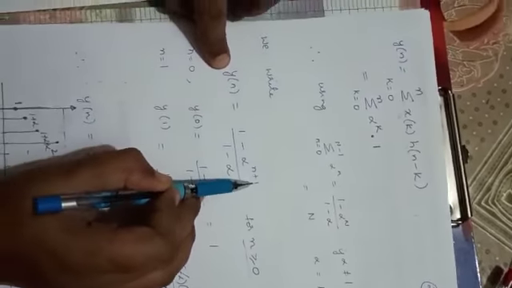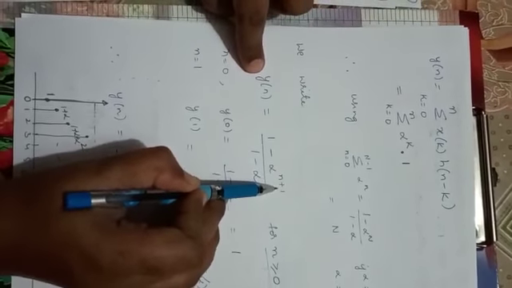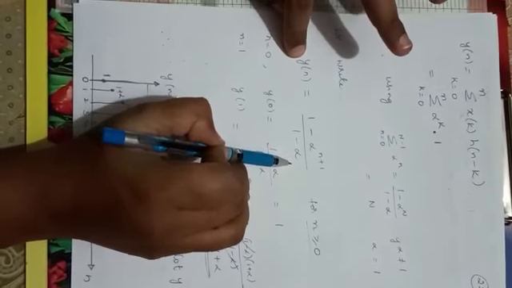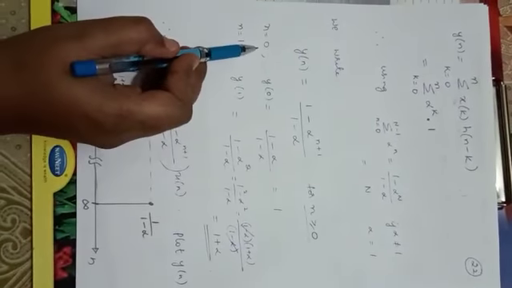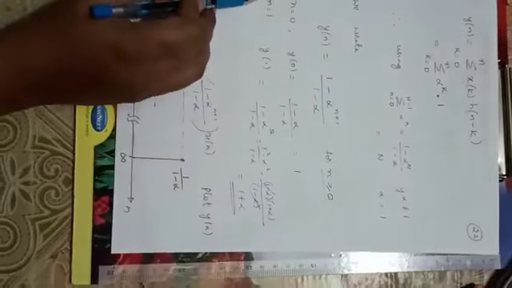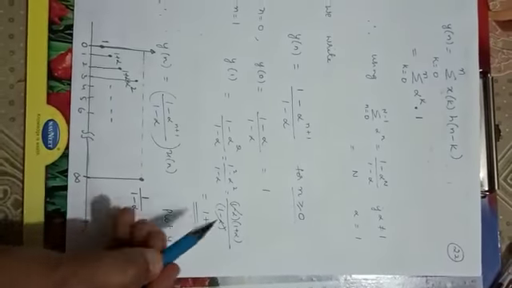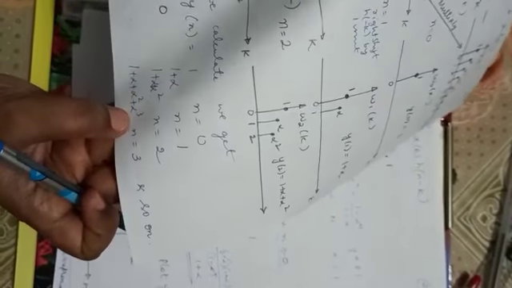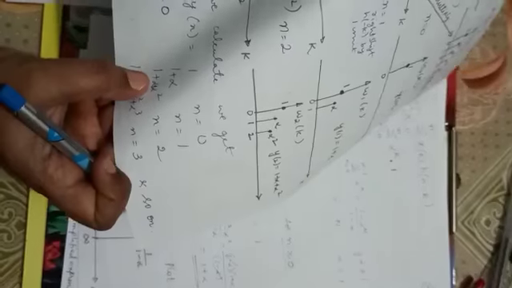I hope now you got it. While discussing the problem I told you, this value is nothing but n plus 1, divided by 1 minus alpha. So if you apply n equals 0, you get 1. If you apply n equals 1, you get 1 plus alpha. Similarly, if you write n equals 2, you will get the value 1 plus alpha plus alpha square. That you can verify. So you need not do all these steps. Since this is the first problem, I have done 2 or 3 steps.